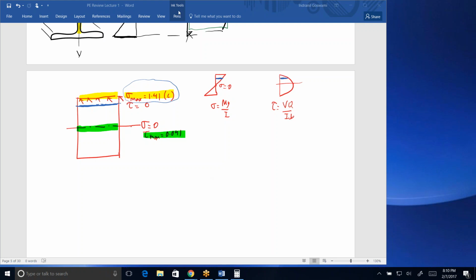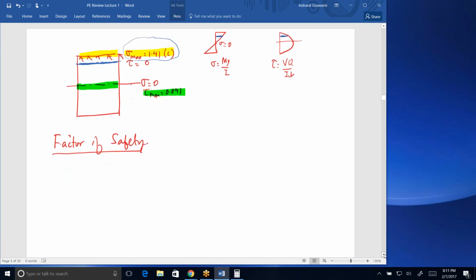Actually, that's a good segue for me. The factor of safety concept. There is a predictable mistake that happens sometimes. There are two ways that a factor of safety question can be asked. One is,